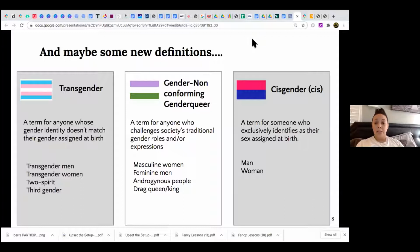And then in the middle, you'll see what's kind of a gray area, or gender non-conforming. This is a term for anyone who challenges this binary belief of male and female. It often fits under the transgender umbrella, but I also identify in this category. So I would identify as like a masculine or butchy woman. I still identify as a woman, but my presentation or my expression more resembles what society considers to be masculine or male. But they're feminine men, androgynous people, drag queens, drag kings, those people would all fit in that center